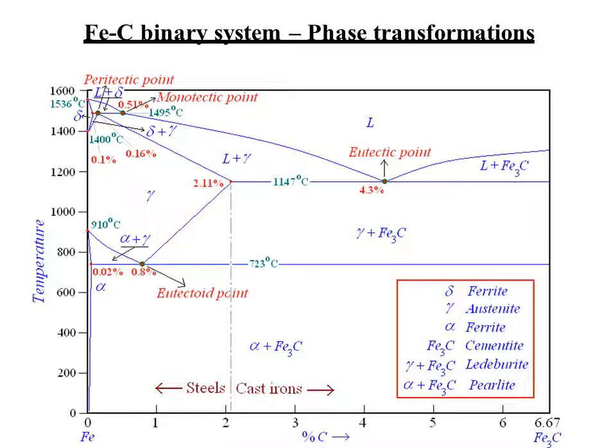point. So the monotectic point happens at the temperature of 1495 degrees, and at 1400 degrees you will have the delta, meaning delta ferrite. Okay, so here you will have the entire alpha, that is the solid phase, and it starts changing after a temperature of 910 degrees, and after 910 degrees is attained, the composition starts changing, and at various temperatures you will have the various structures of iron which are available.